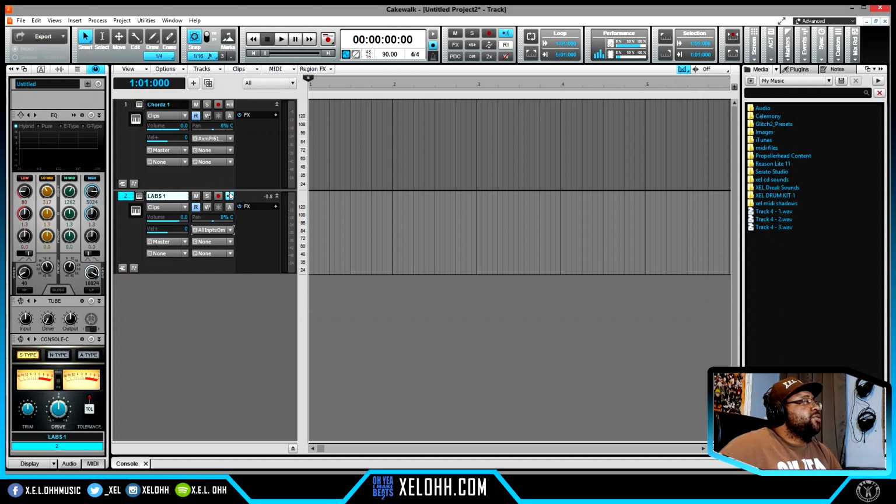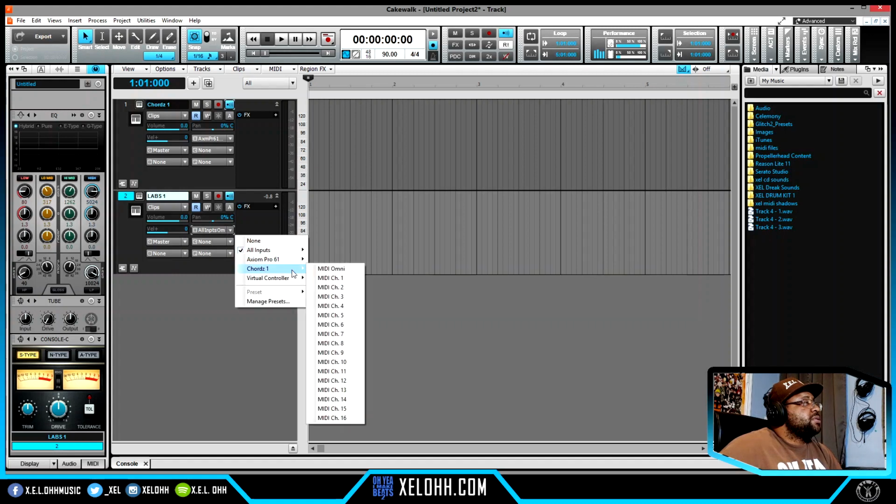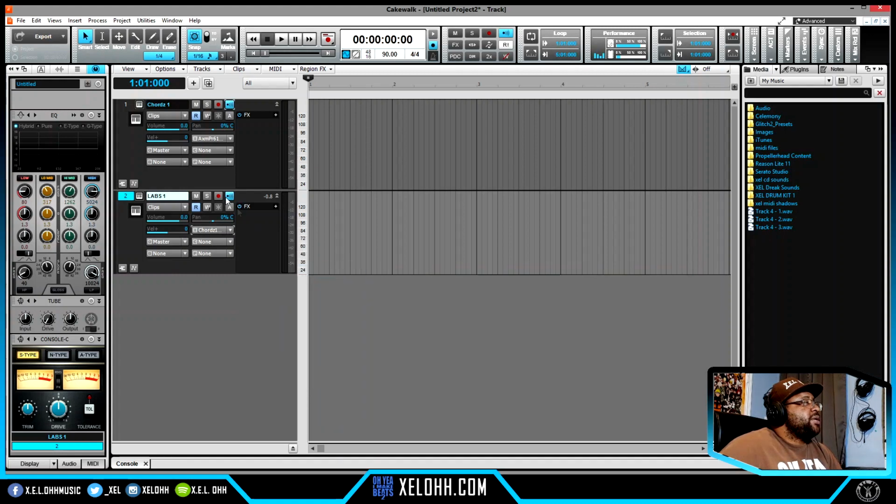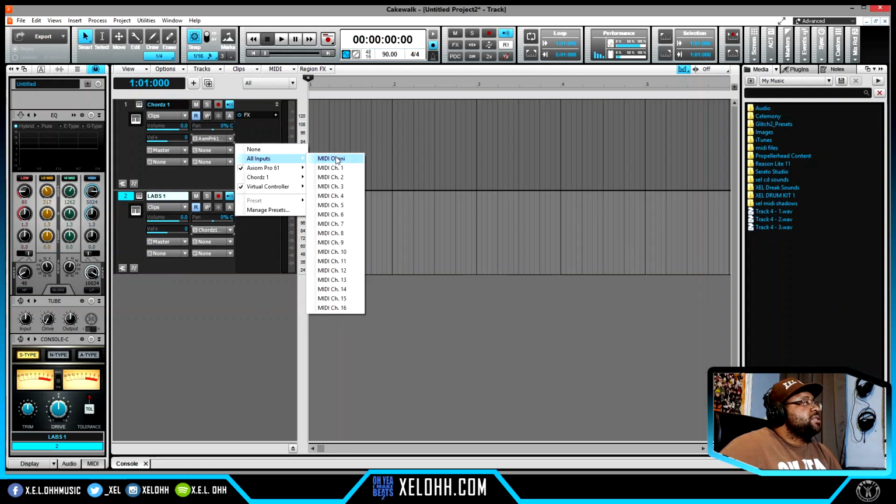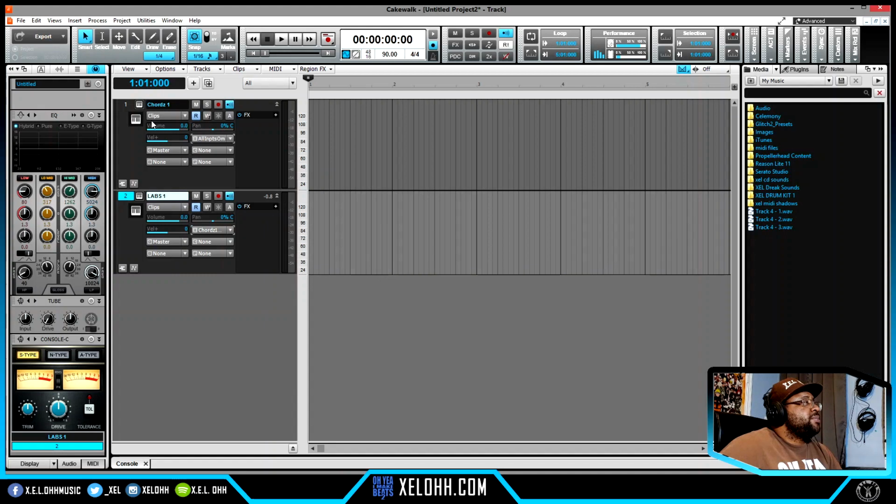Let's get it started. So first thing you want to do is make sure that your echo input is actually on. And for this one, I want to make sure that this is actually set to chords. So it's going to do the MIDI from the chords, and you want to make sure this one is set to all inputs. So everything that's playing will actually come through the chords. So now you have your echo inputs on. You click on the one that has chords, and